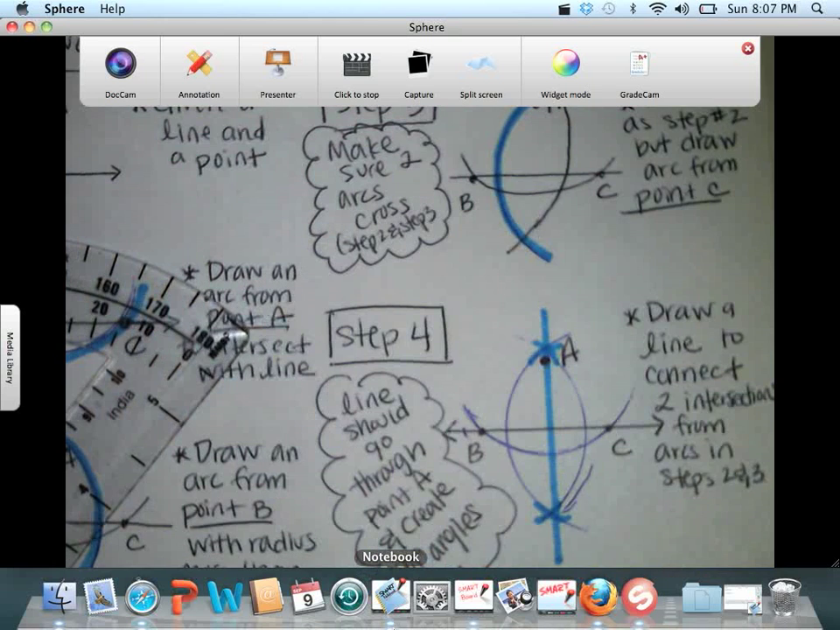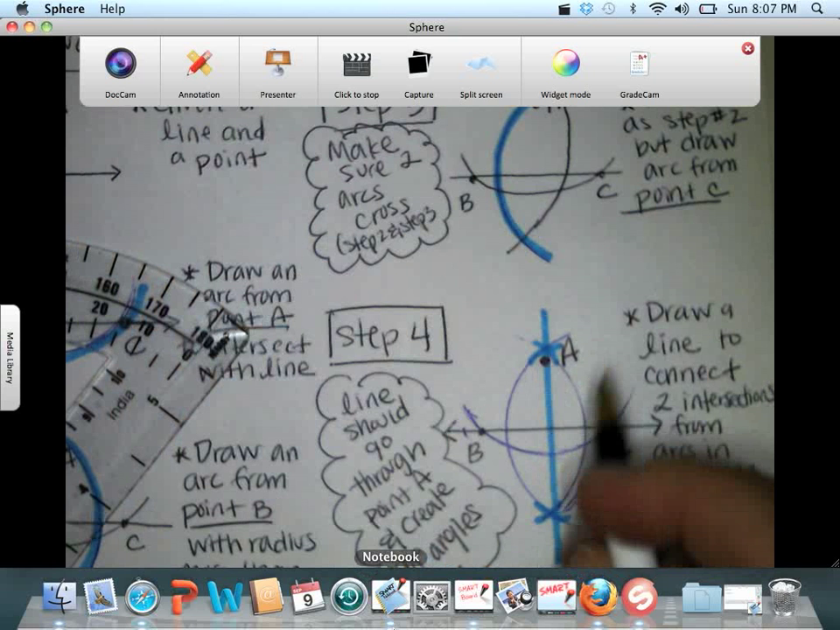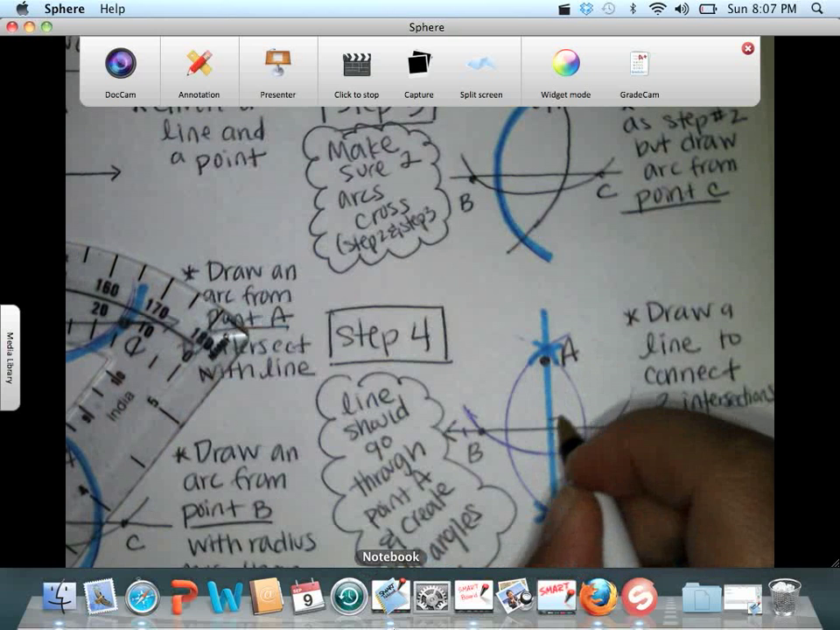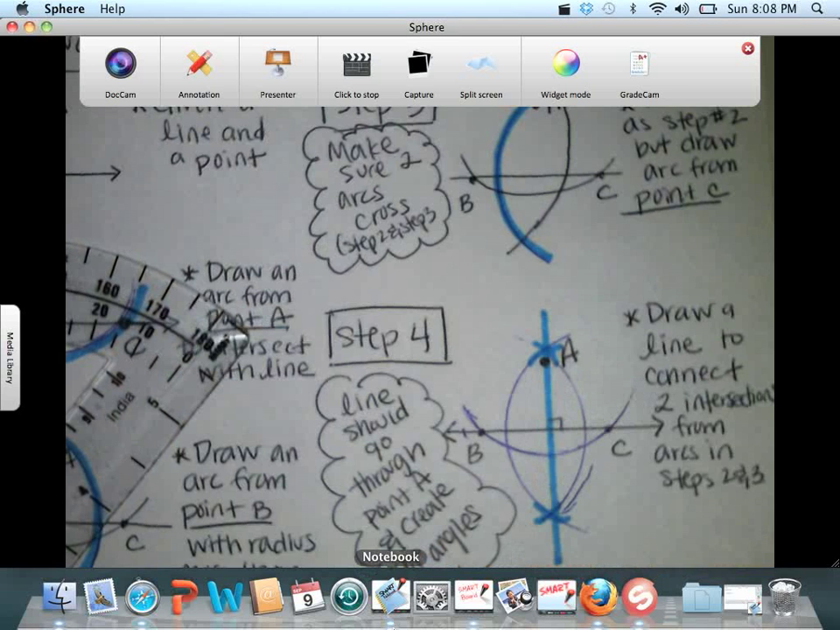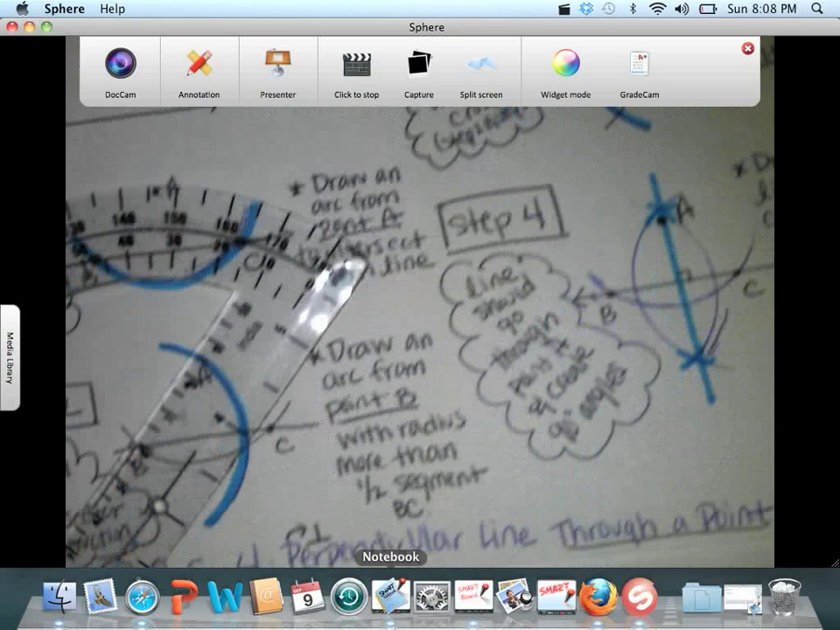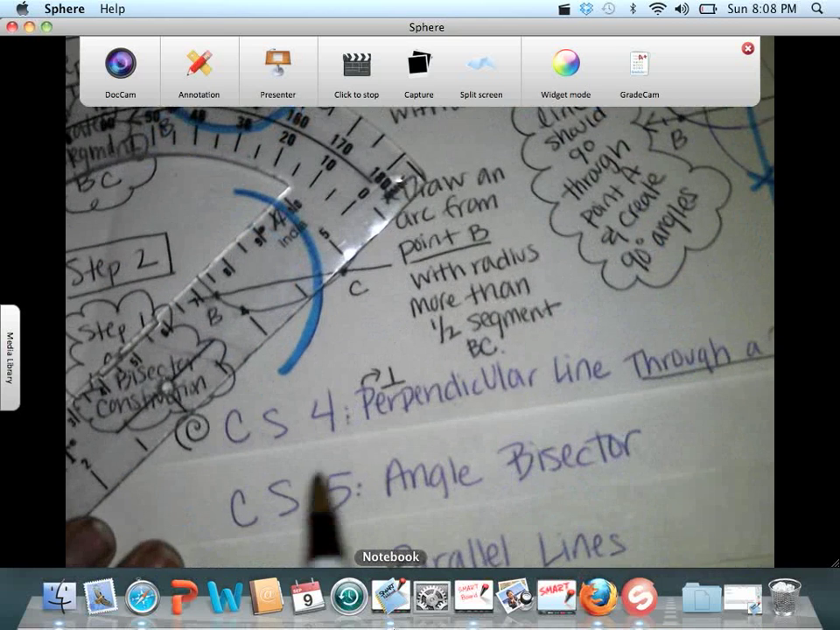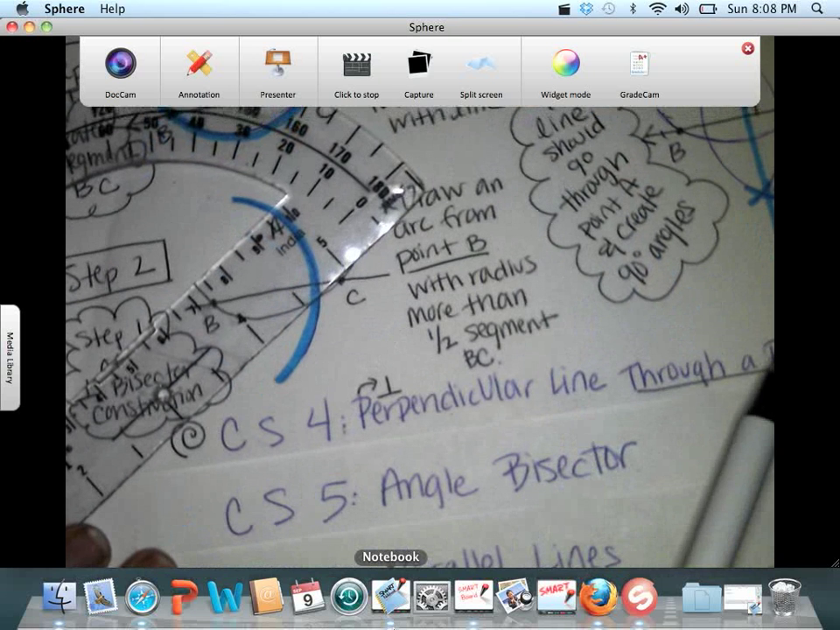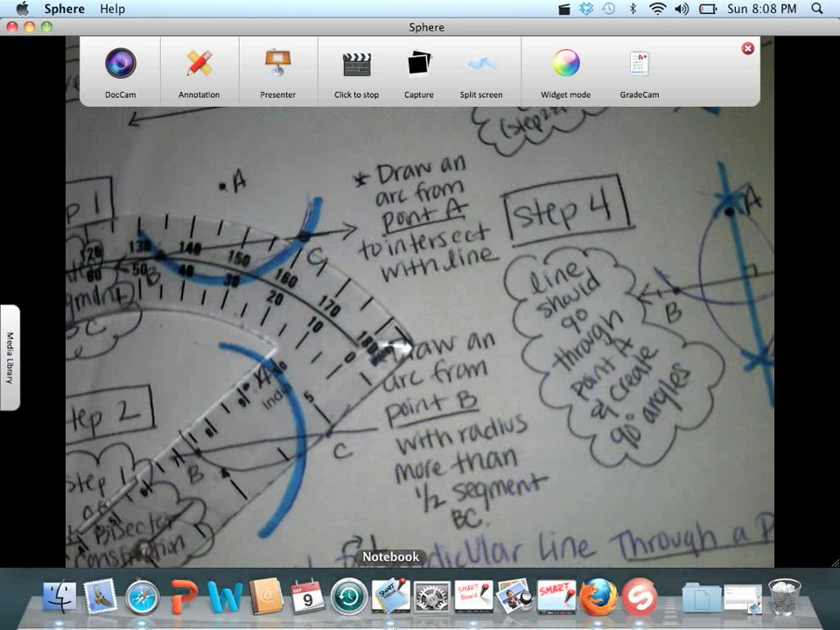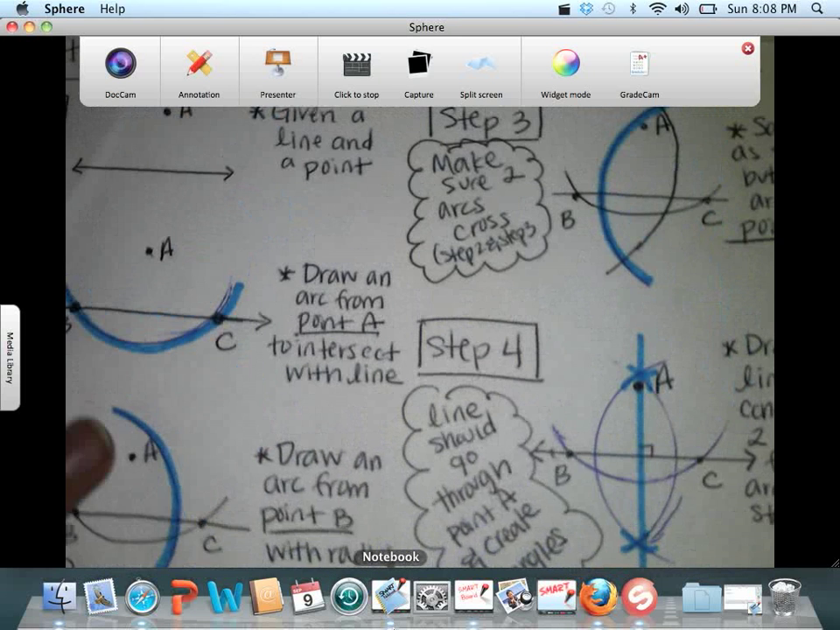So there you go. It went through point A, and notice it makes that perfect T, a right angle. And that is how you draw perpendicular lines through a point. Okay, now don't go away yet, okay? Because at the top, right, you always want